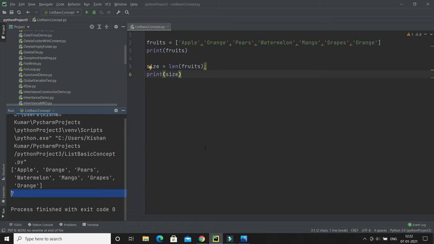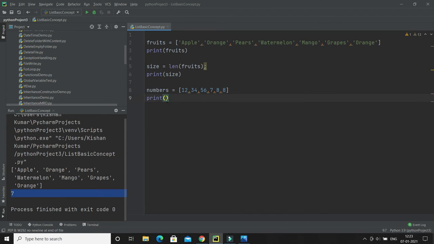Now when you create the list, here we have created the list with the data type string, but it doesn't mean that you always have to create a list with strings. Let's say I'm going to create a list which will hold only numbers. So I'd say numbers equals, and here in a square bracket I can have many numbers separated with commas, right? And you can create lists like this as well.